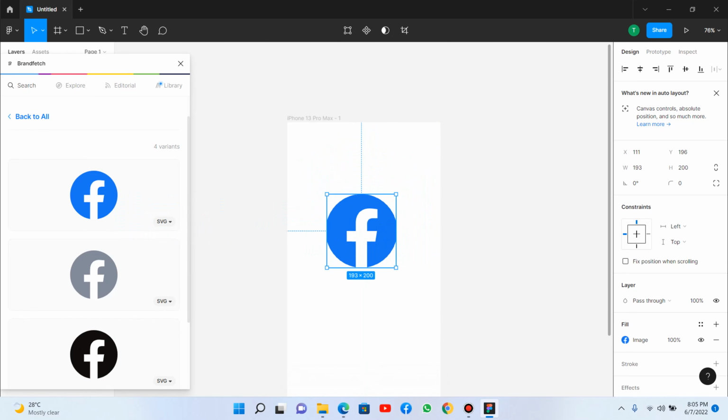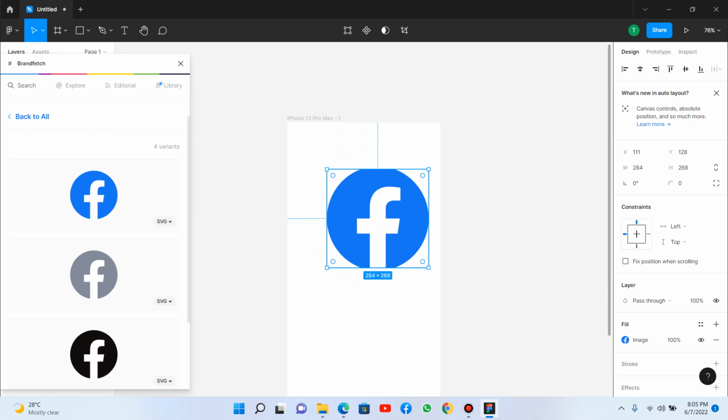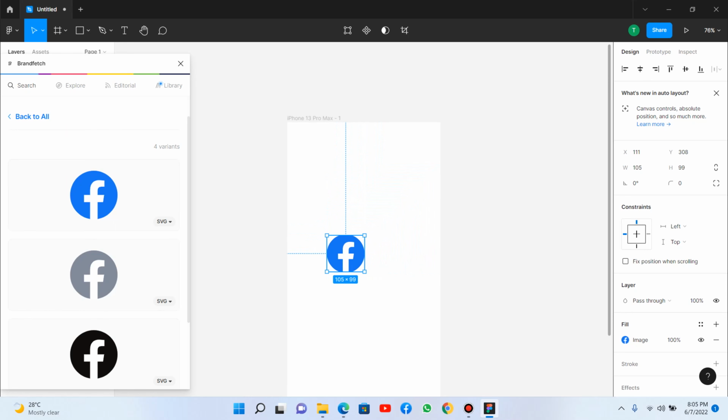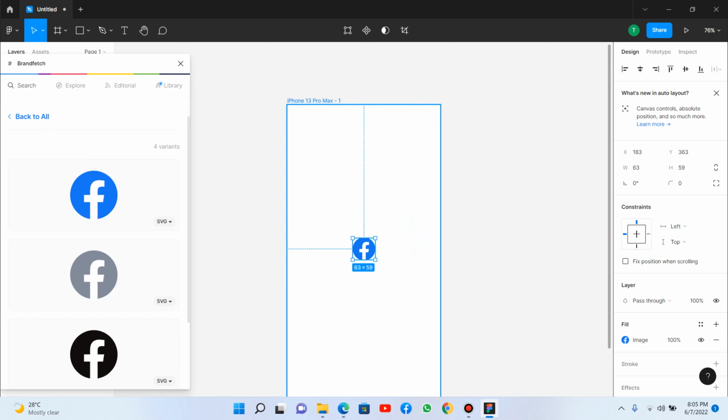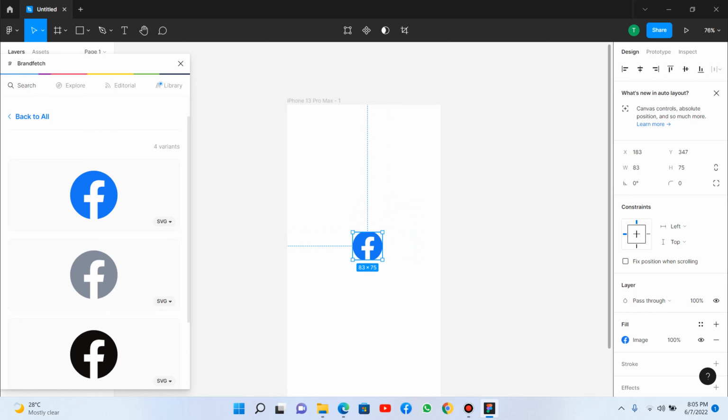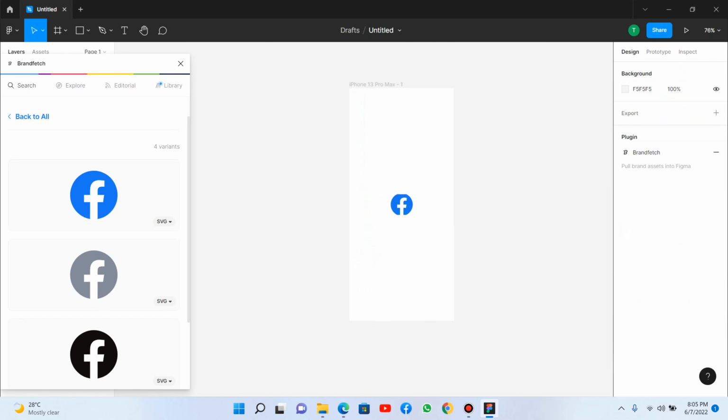So if you want to use it, you can just shrink it anyhow you like. Sorry, Ctrl Z. You have to hold Shift and you shrink it. So you can just put it wherever you like on your design. Let's say you want to add a Facebook logo so that you can add it on Facebook or something like that. So that's how you virtually do it. Let me just make this and put this here, shrink a little bit. Okay. That I shrink this down. I can go back here and